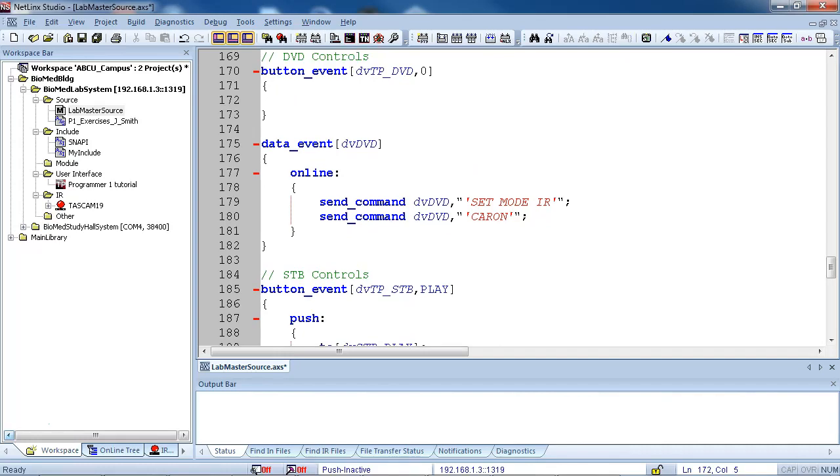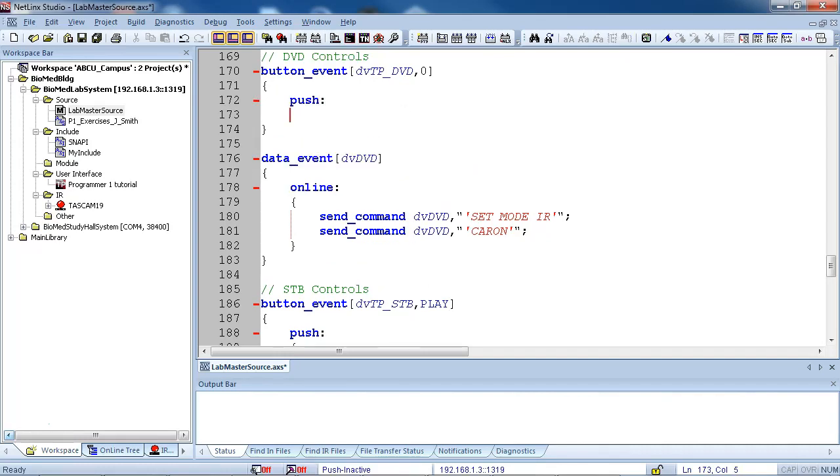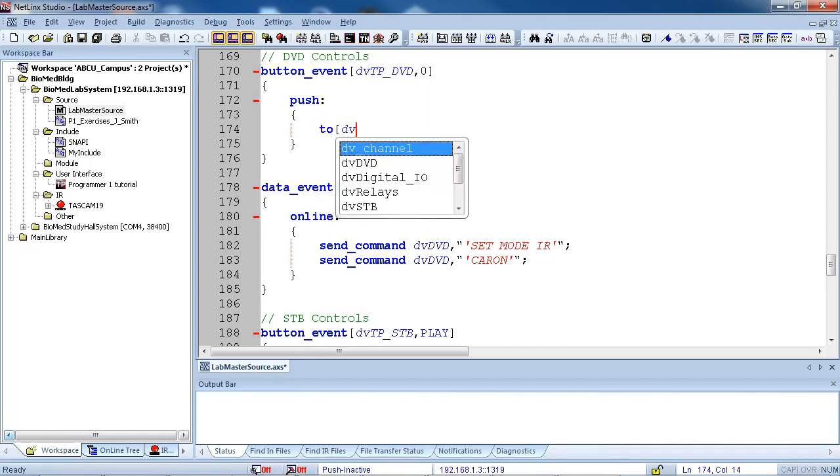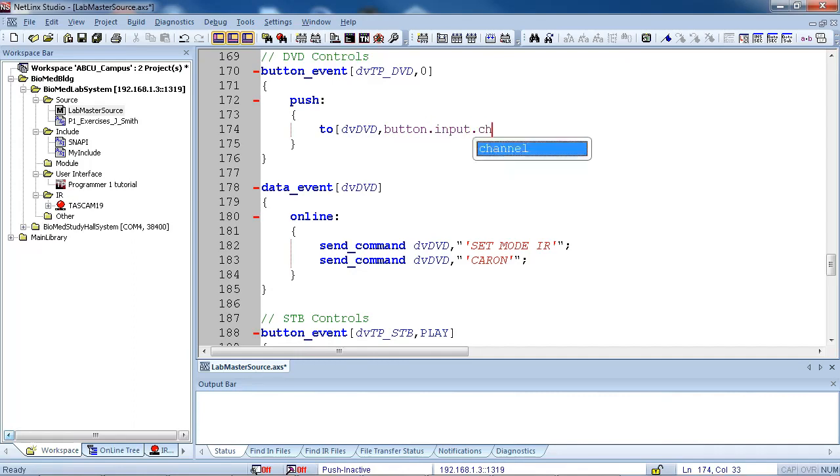Next, what event occurred? A push. And finally, what are we going to do when any of those buttons are pushed? We are going to use a to command to send the IR signal out to the DVD player. The device we are controlling once again is DV-DVD, and the channel we want to send is whatever channel was pushed on the touch panel. Therefore, we use